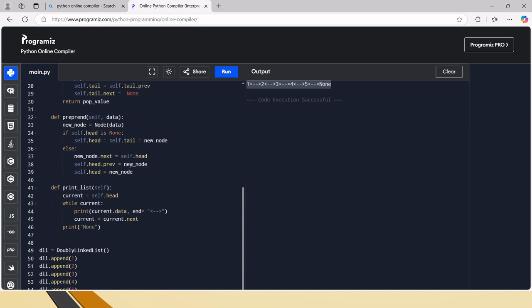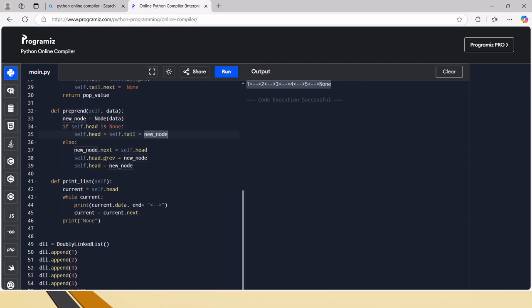Prepend only I've done, right? Then 11, we are creating the data, and then we are assigning new node.next equal to this one, and then